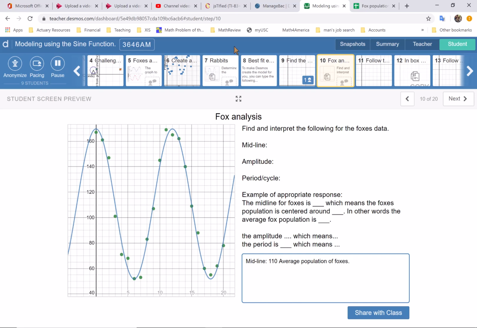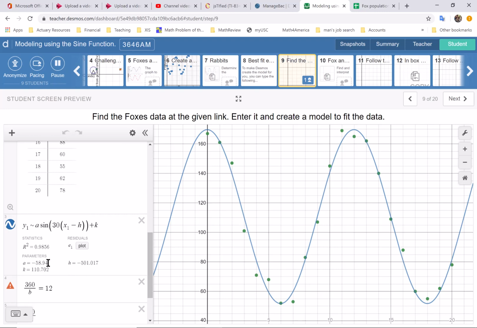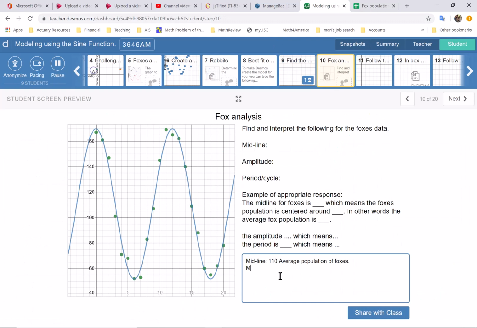The amplitude, which you can come back here, the amplitude in this case is negative 58. So you might want to think, why negative 58? The 58 represents the maximum deviation from the average, which also then determines the maximum population and the minimum population, right? If the midline is 110 and the amplitude is 58, then the maximum population should be 168 and the minimum population should be